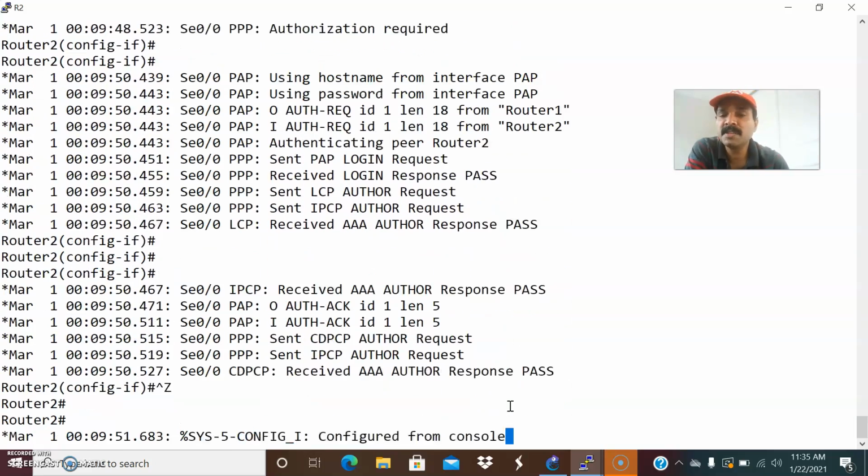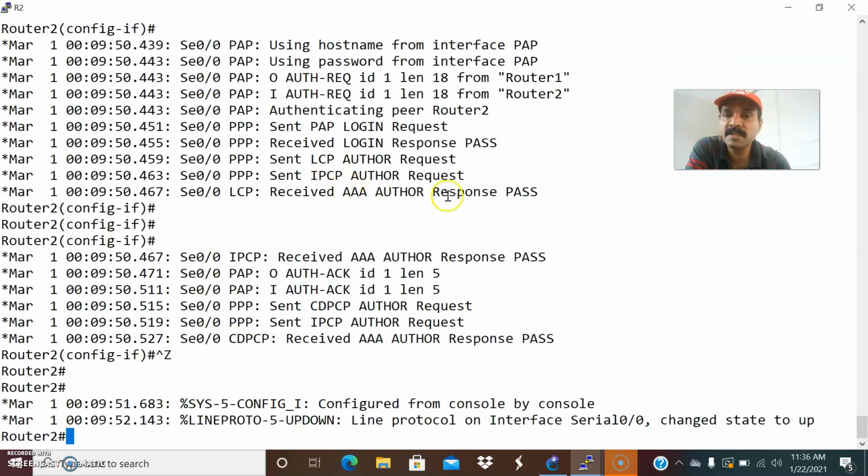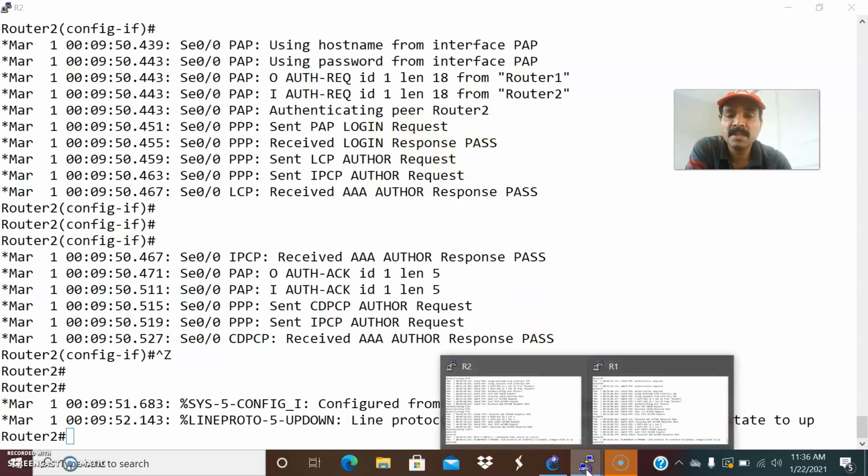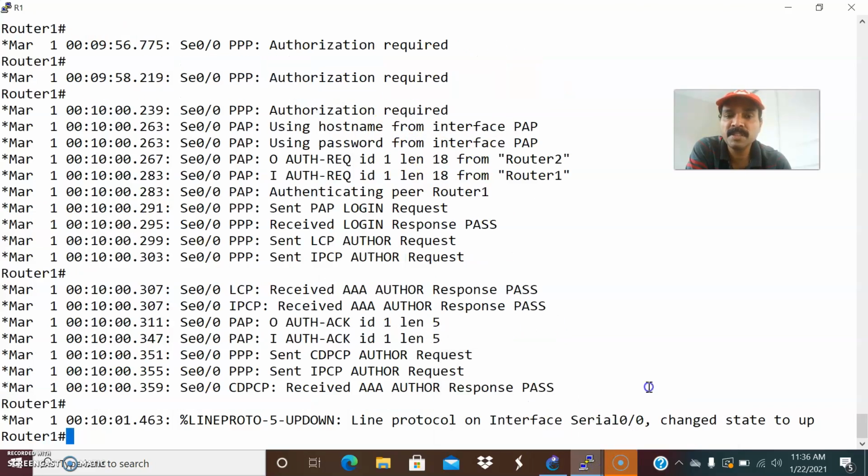Yeah, see now it is successfully authenticating. You are able to see the received authorization response is pass. It is authenticating peer router 2, and its login request and response are showing pass. That means it successfully authorized R1 and R2 with the PAP protocol. So we are using PPP, but the authentication mechanism is PAP. That is the reason you are seeing this here.